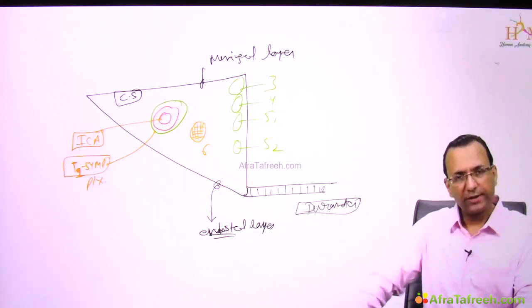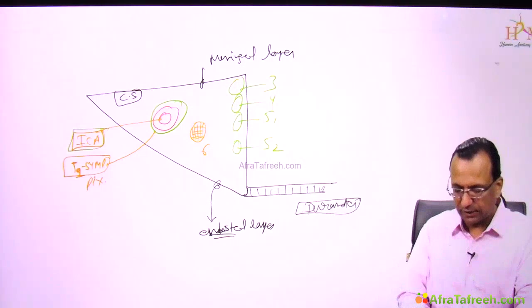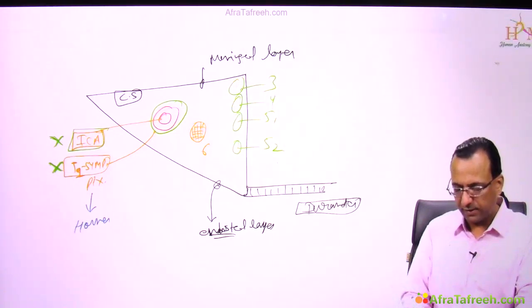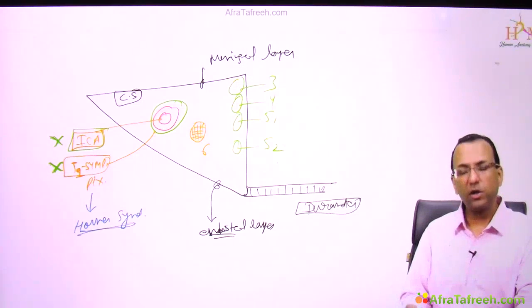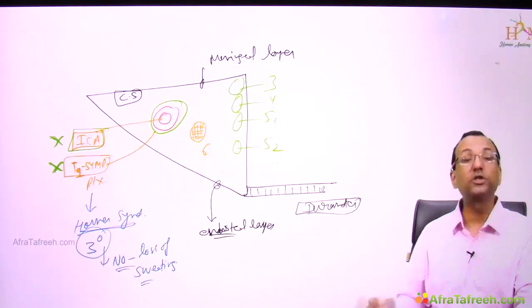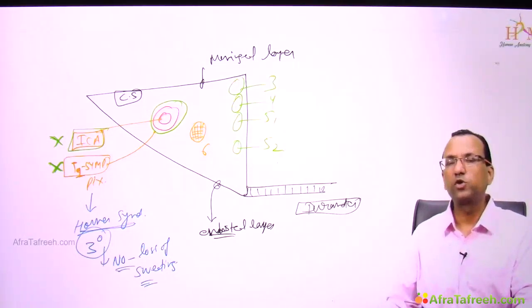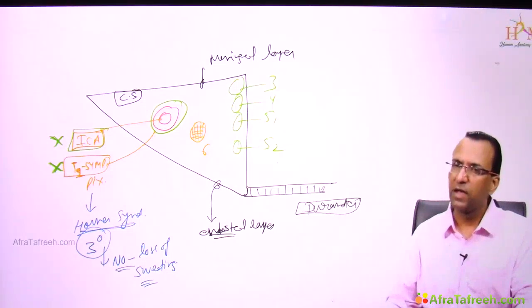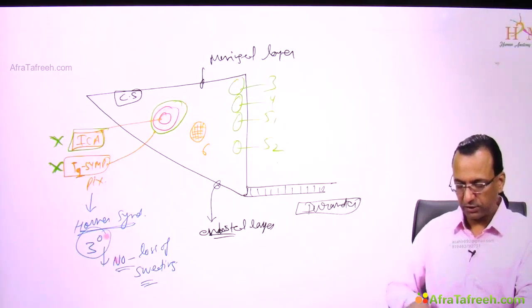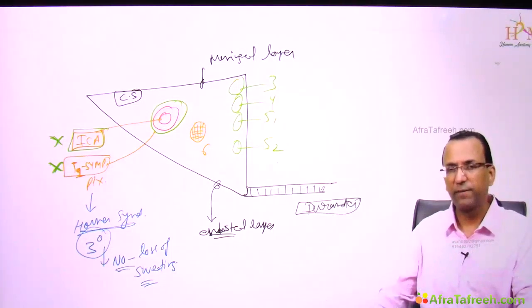We have discussed earlier that when there is an internal carotid artery dissection, it may damage the T1 sympathetic plexus, leading to Horner syndrome. That is actually a third order neuron injury. If it's a third order neuron injury, there will be no loss of sweating in the patient. There may be some other features of Horner syndrome, but no loss of sweating. Why? Because the sweat pathway is intact. This pathway is not meant for sweating. We have already discussed this kind of thing earlier, if you remember, in Horner syndrome.